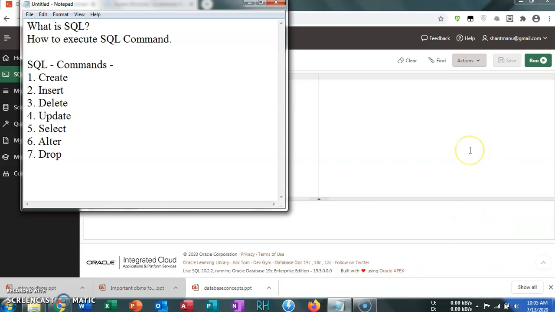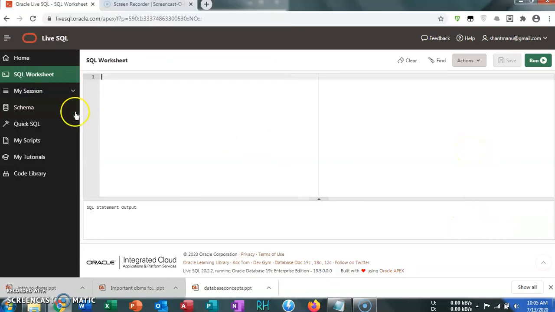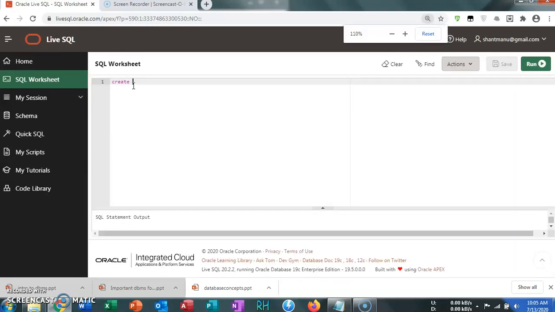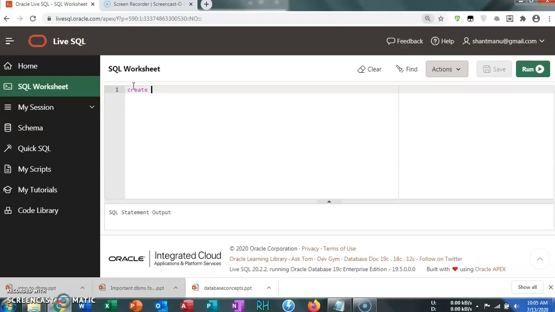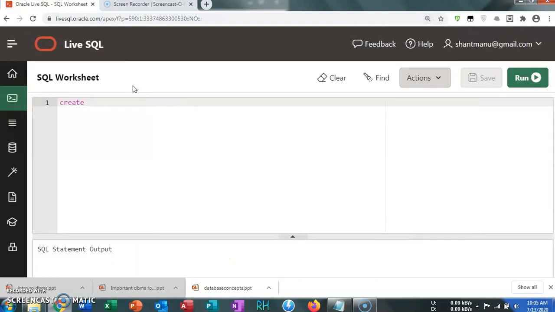So how to create table? Just go to the SQL worksheet, write down here a create command, create. Okay, wait, increase the size of the screen, Control plus. Okay, so create table, give the name to the table, suppose stud or student you can say.